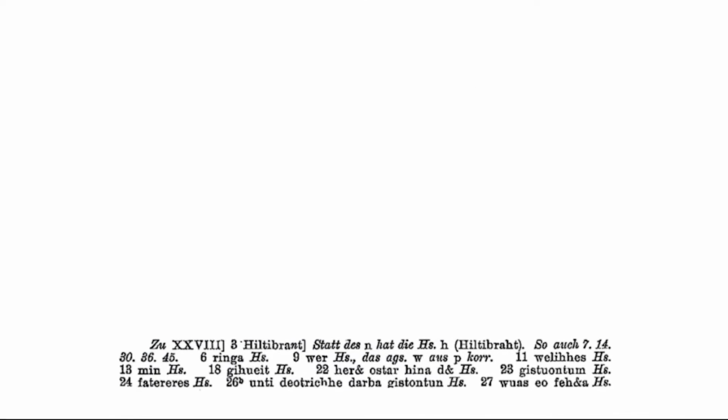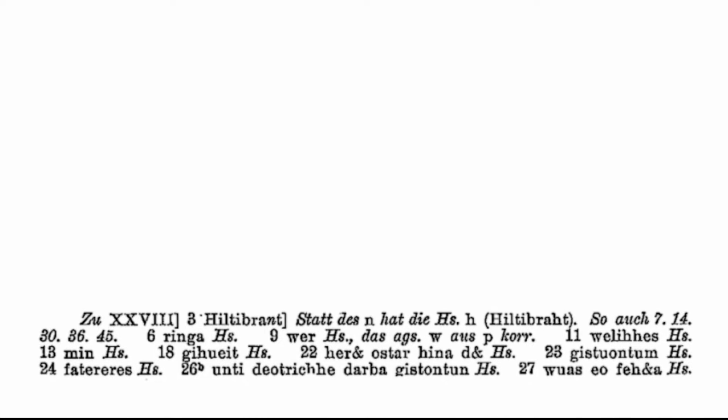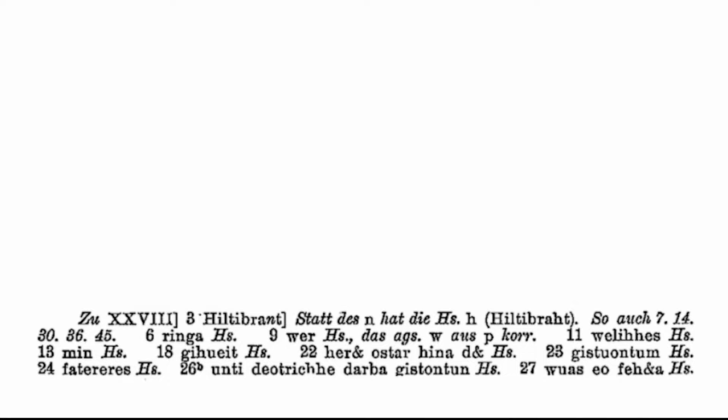The app-crit is in German, which is fair enough for a German poem. Each entry is marked off by large horizontal gaps. The entry gives a line number, text as printed, and further information depending on context. Where a word from the text is quoted, it's followed by the source for that reading. In this example, the source is the manuscript each time, because there is only one manuscript of the Hildebrandslied.